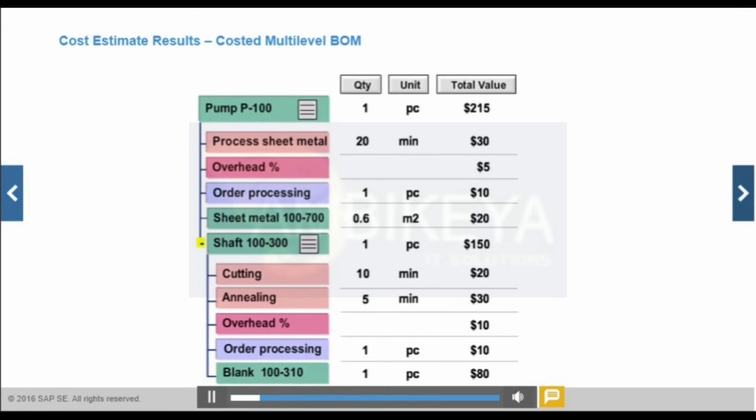The costed multi-level BOM report provides a hierarchical overview of the value added for each assembly item. The display of costs for each component, assemblies, and input materials in the costed multi-level BOM